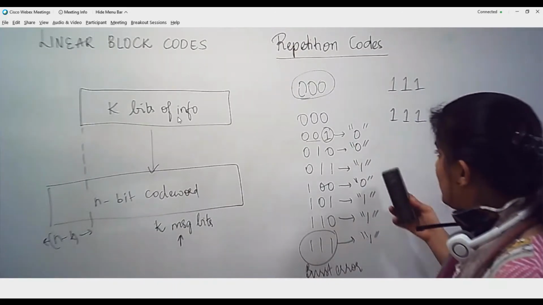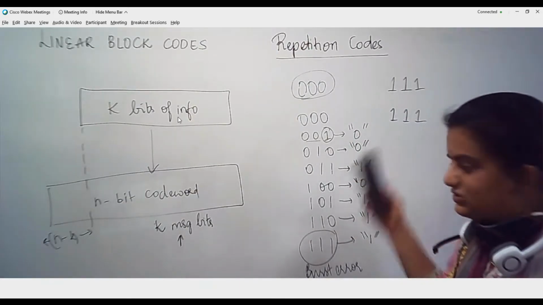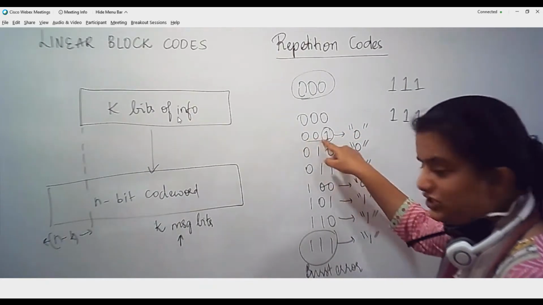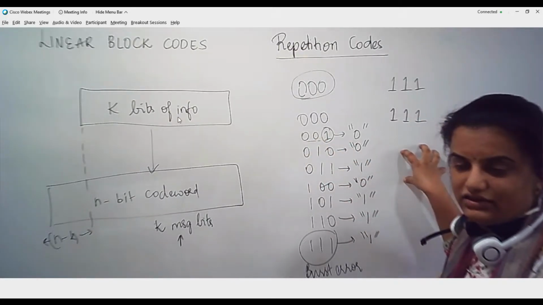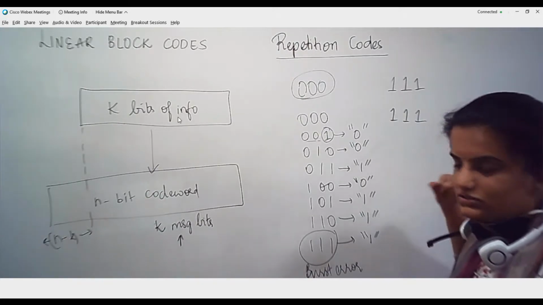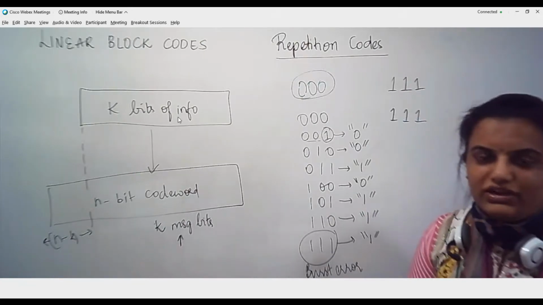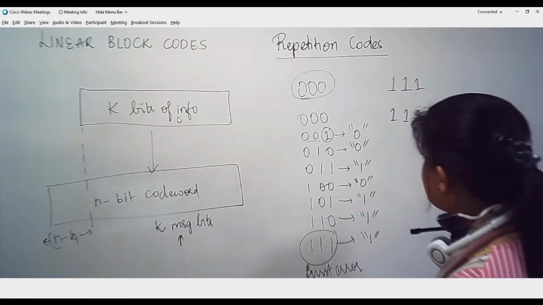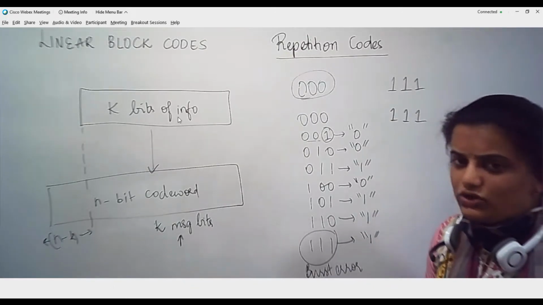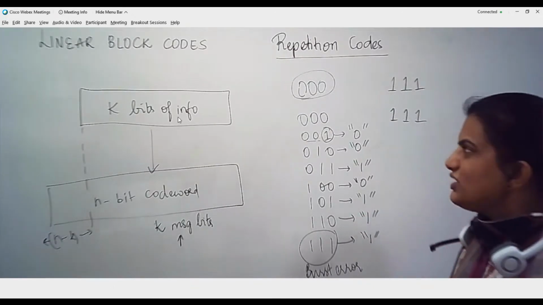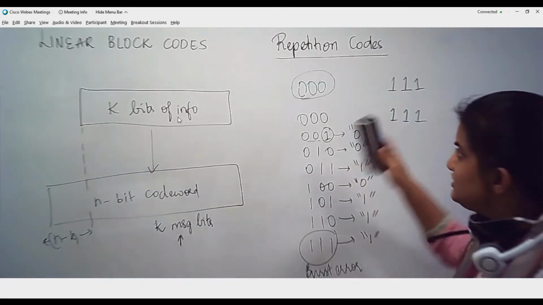In a similar way, if you look at these same combinations for all-one transmissions, the maximum zeros will be there, no? So those cases will end up in an error, whereas the other combinations will say that the bit 1 was actually transmitted. So this is a very simple code which we can make use of to transmit simple information. But of course you can see there are many disadvantages in using this repetition code.